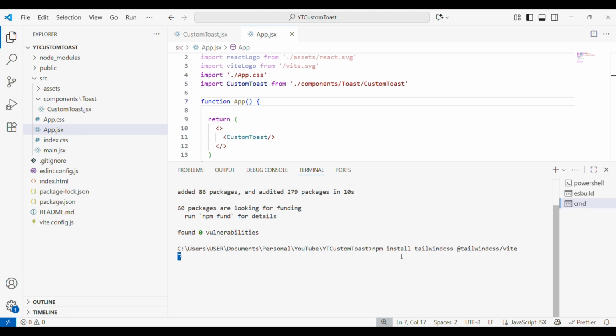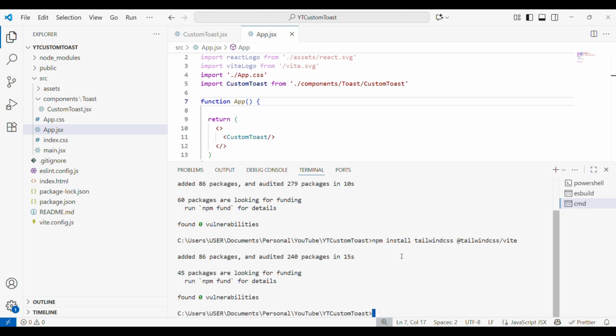I'm pasting and I'm installing it. All right, now that that has installed,